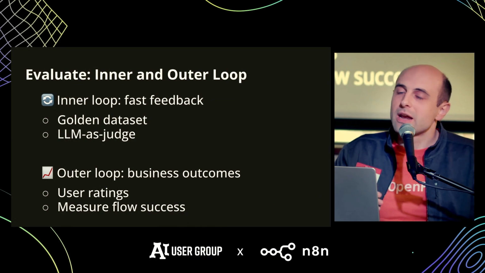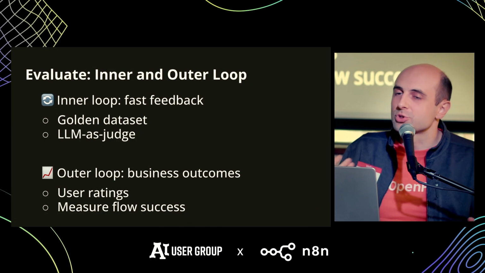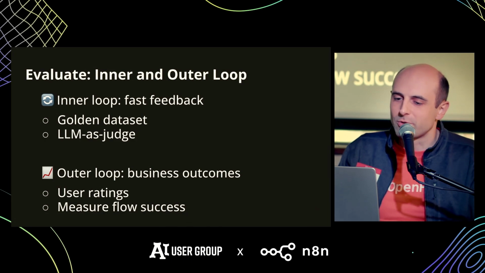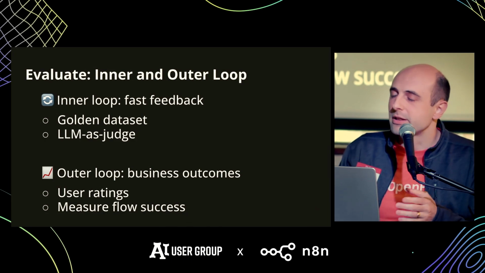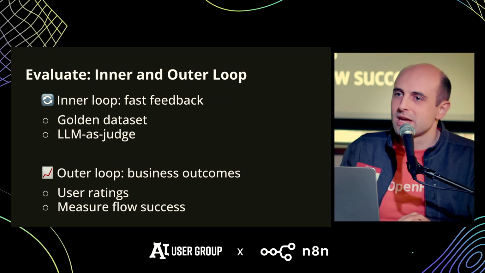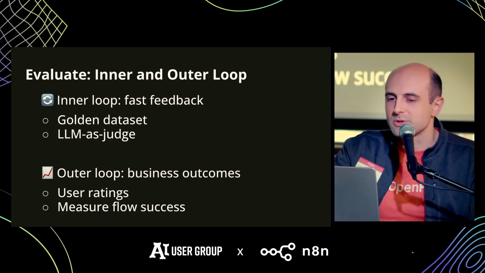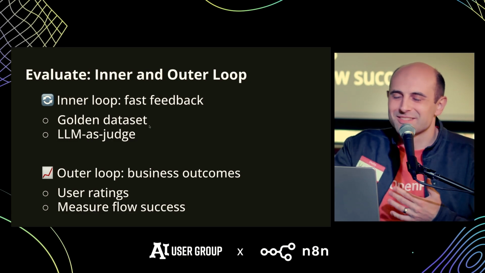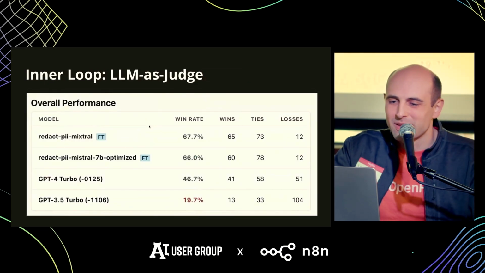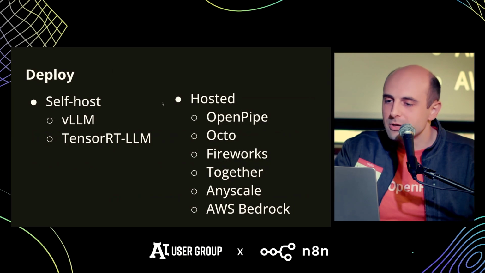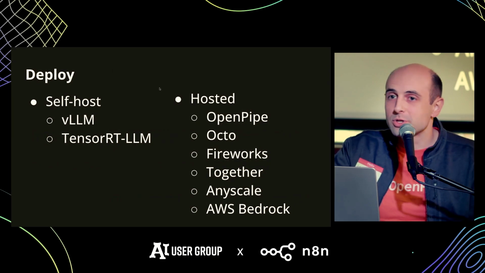And then you also want an outer loop of evaluations. This is like, okay, what is the actual business impact I am trying to use this model for? What is the actual higher level goal? How do I measure if it's doing that or not? That's going to be very specific to your task, and typically requires running this in production and seeing what outcomes you get. But usually you do that once you're happy with the fast evals, that it seems like things are mostly working. Okay, and then finally you need to deploy it. At this point, the ecosystem is actually quite mature here.